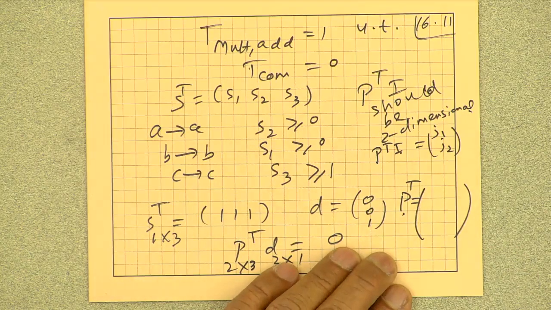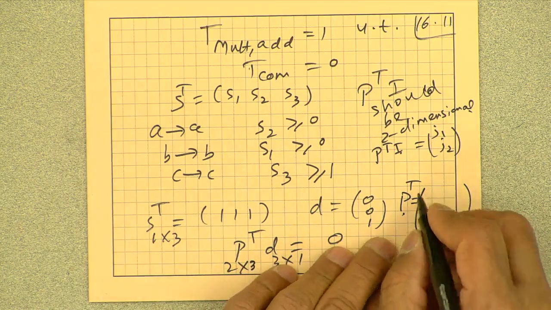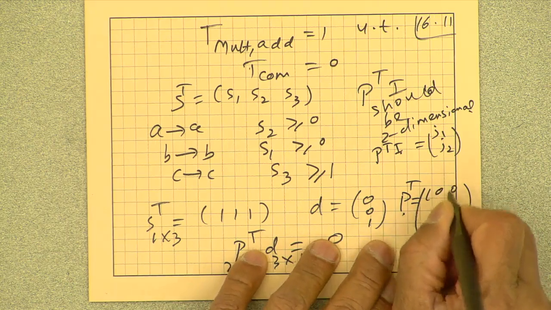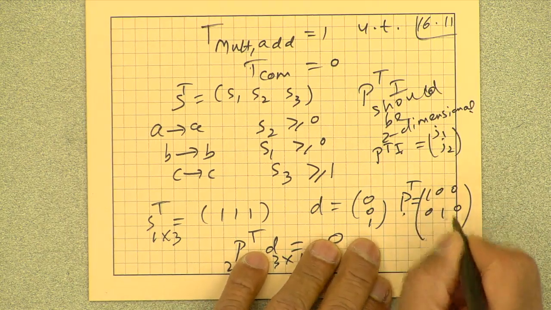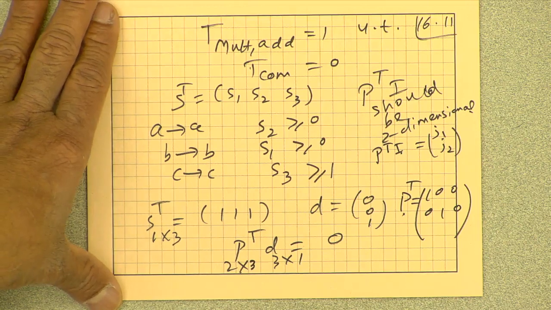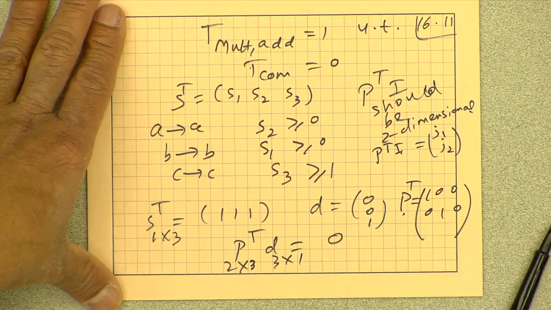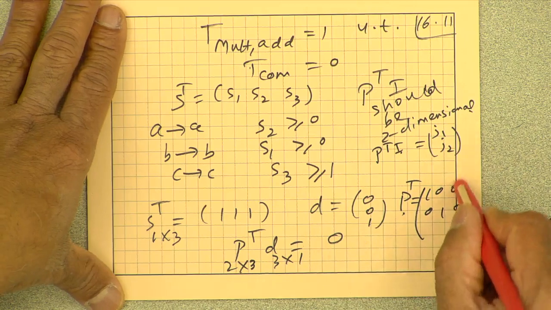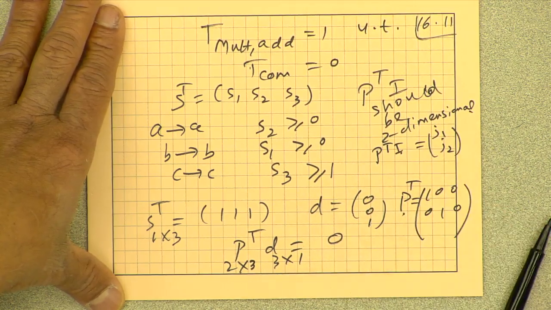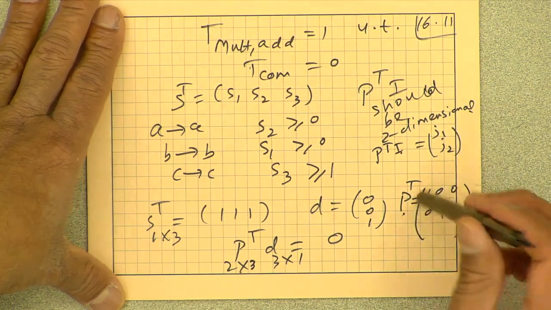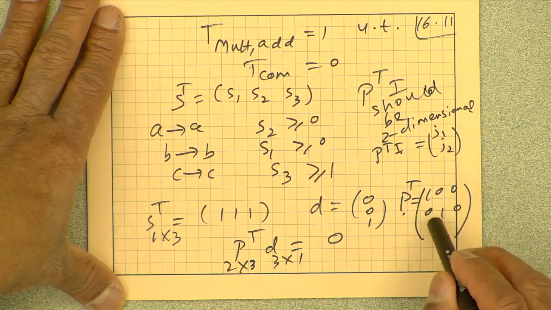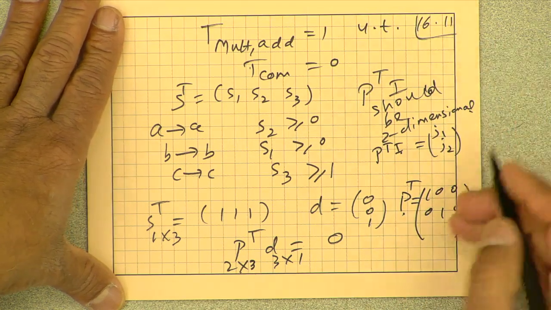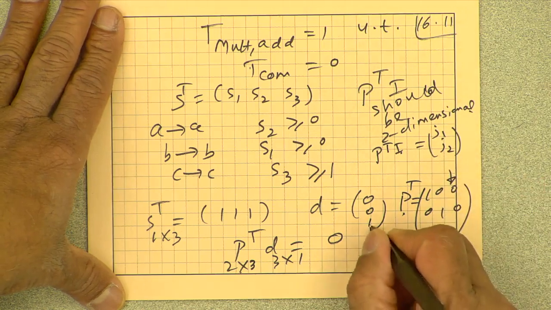Okay. All right. So, what do you think we should choose for P transpose? I can choose a variety of P transpose, and that will lead to a variety of systolic arrays. But if I take the one in the book, 1 0 0, 0 1 0, you can see that in P transpose D, this value is 1. So, I make this 0, and then these do not matter. I can take anything I want as long as they are linearly independent. But these have to be 0 because that element is non-zero.